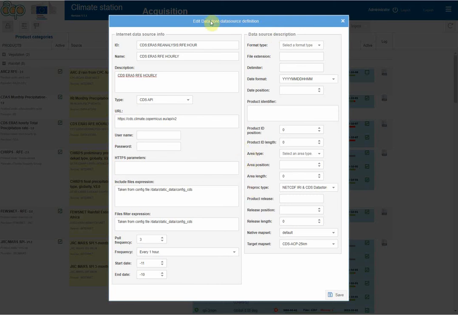So in the bottom of the edit window, you will find the start and end date, which can be edited in order to choose your acquisition period. You can either choose the dynamic dates, like for example -11 in this case, which means that it starts downloading all the files from 11 days in the past until the current date. Well, actually, also the end date here is -10, so it starts downloading one date